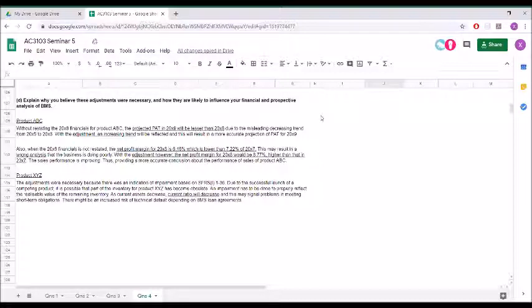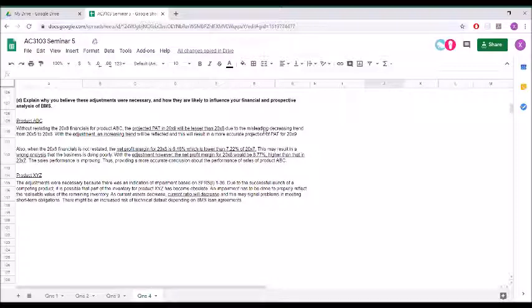Also, when the 20X8 financials are not restated, the net profit margin for 20X8 is 6.48%, which is lower than 7.22% in 20X7. This may result in a wrong analysis that the business is doing poorly. However, with the adjustment, the net profit margin for 20X8 will be 8.77%, which is higher than that in 20X7. So the sales performance is actually improving, and thus this provides a more accurate conclusion about the performance of sales